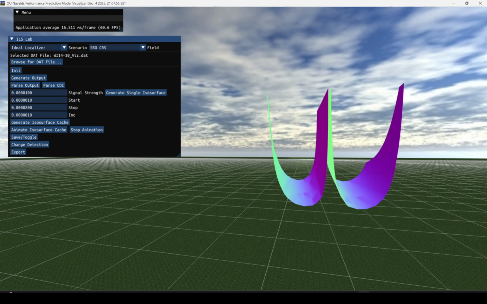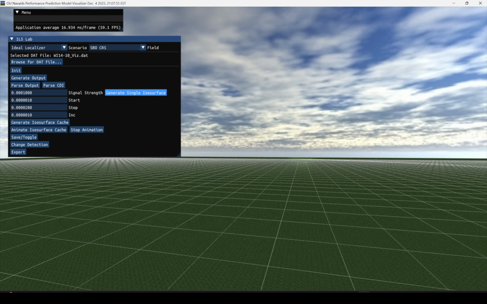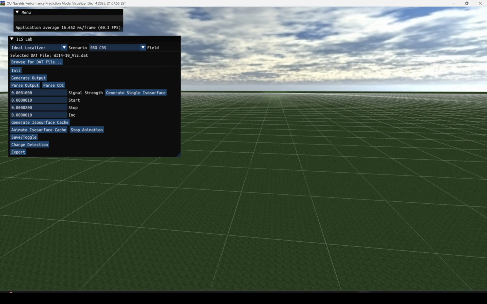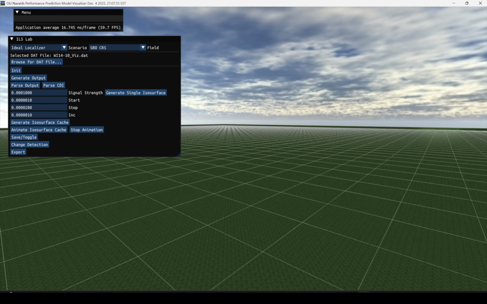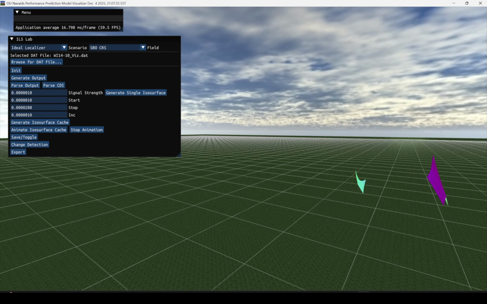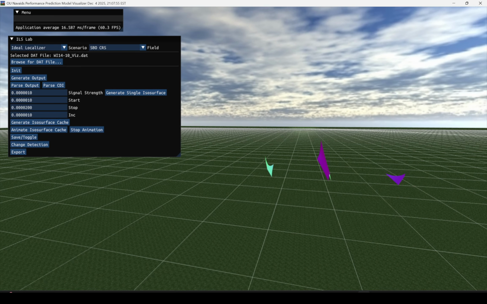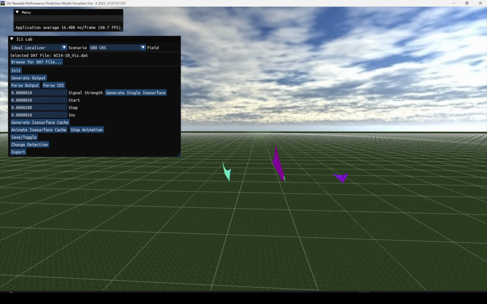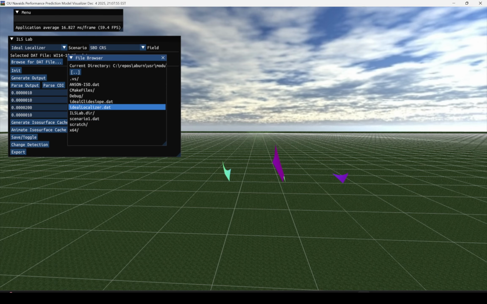If I increase the signal intensity, yeah, it looks like it doesn't have higher intensity, higher signal strength. Now let me decrease it. If I decrease it, there is a little isosurface in here. Now let me select another dat file